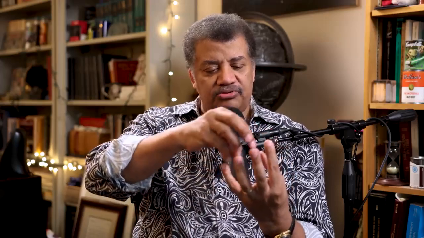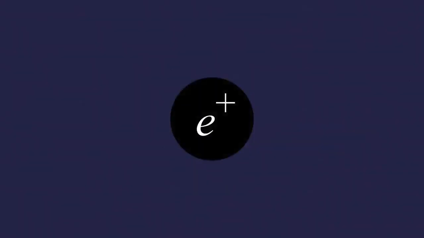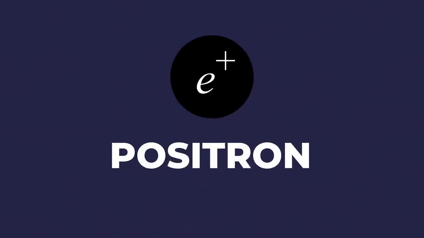So antimatter would be a particle where the quantum properties are the opposite of what they are for matter. So what's the charge on an electron? Negative. The charge on the antimatter version would be positive. So rather than calling it an anti-electron, which you're allowed to, we came up with a word for it. Positron. That's where you get positron. Keeping it positive.